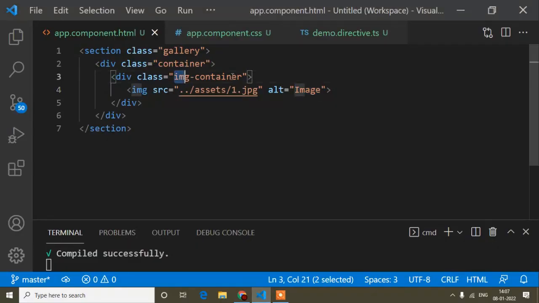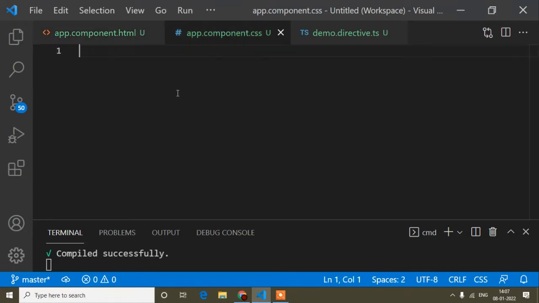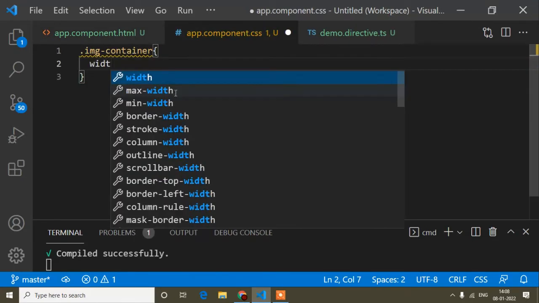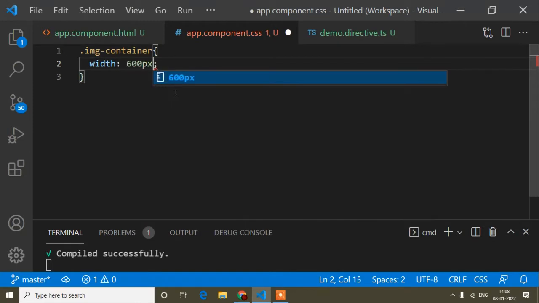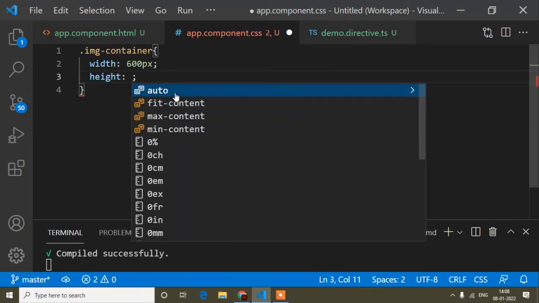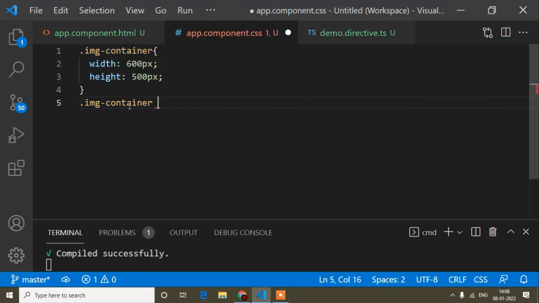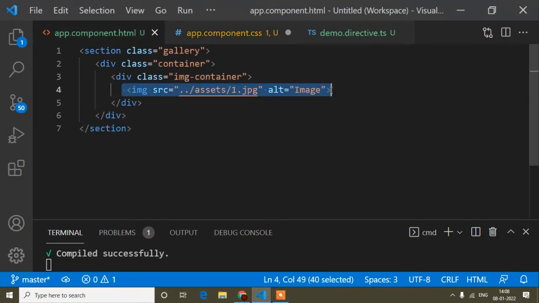Now guys, I will copy this class and add the CSS. First thing is width is 600 pixels, height is 500 pixels. Now I will copy and paste this one and add the image tag, because this one is the parent class, and after that the image. Now I will add the CSS for this image tag.